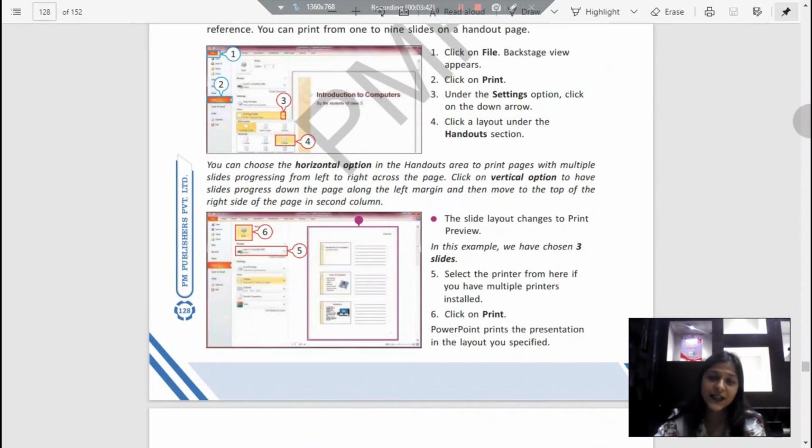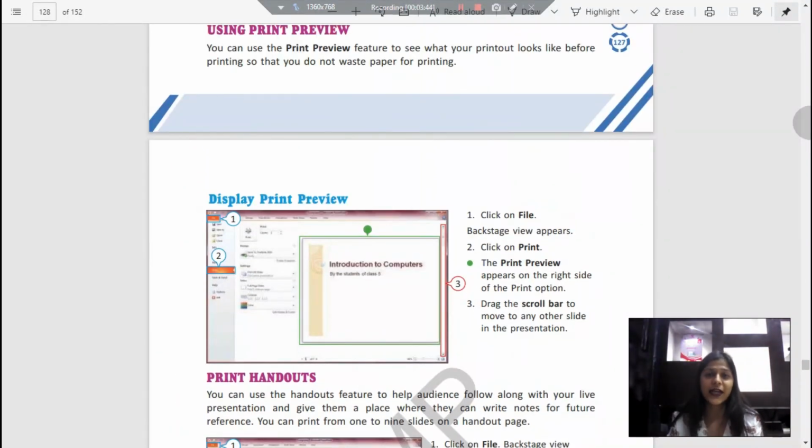And I think with this I would leave you at that, and I would just request you to practice and create a new slide on your devices, so that this registers in your mind quite properly. And trust me, presentation is a very interesting software, and something you would need forever in your life, because whenever you have to make presentations or projects, presentation software is your best friend, right?